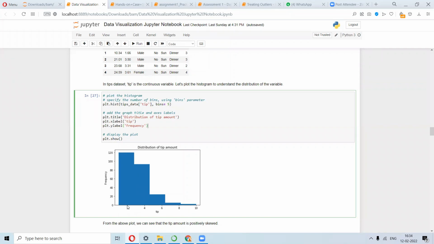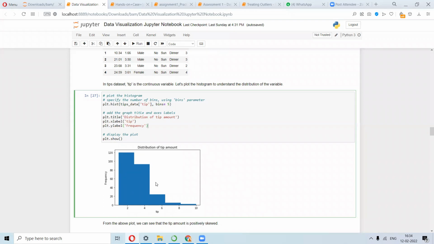As you can see, for lower tip amounts, of course, the frequency is much higher. So there are more customers tipping less, right? And relatively, there are fewer customers tipping more. This frequency is really, really less when compared to any one of these.